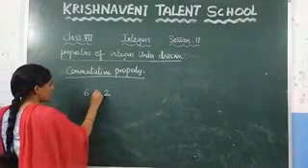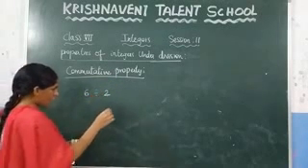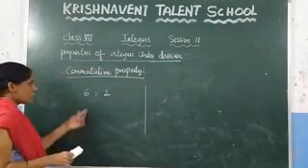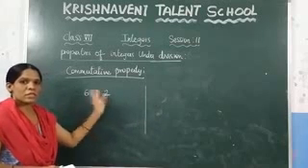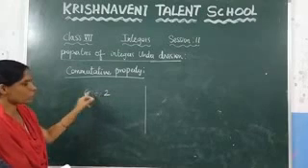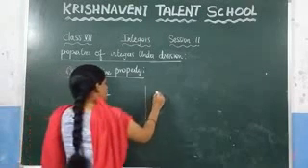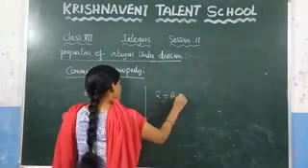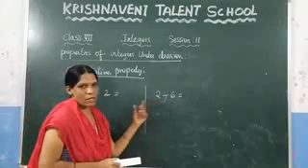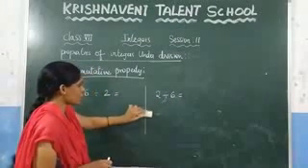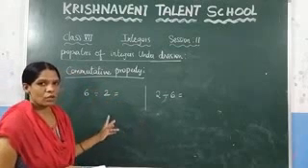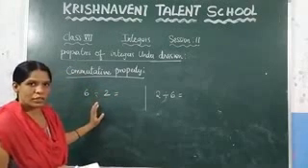Here under division, if you divide these two numbers and after that change the order, we have done 6 divided by 2, and now we have to do 2 divided by 6. In place of 6 you write 2, in place of 2 you write 6. After doing these two calculations, you have to get the same answer. If you get the same answer, we can say that the commutative property holds good under division. If not, it does not hold good under division.